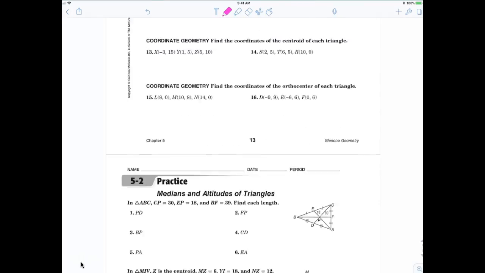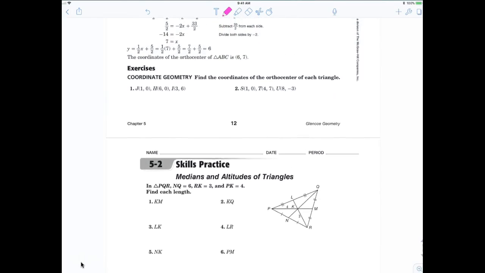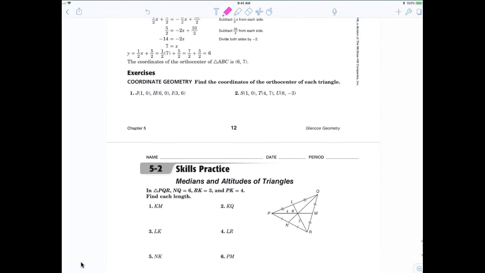All right. Your assignment is to knock out the next 2 pages. Wait, but I still don't know what it would normally look like. What would a normal orthocenter look